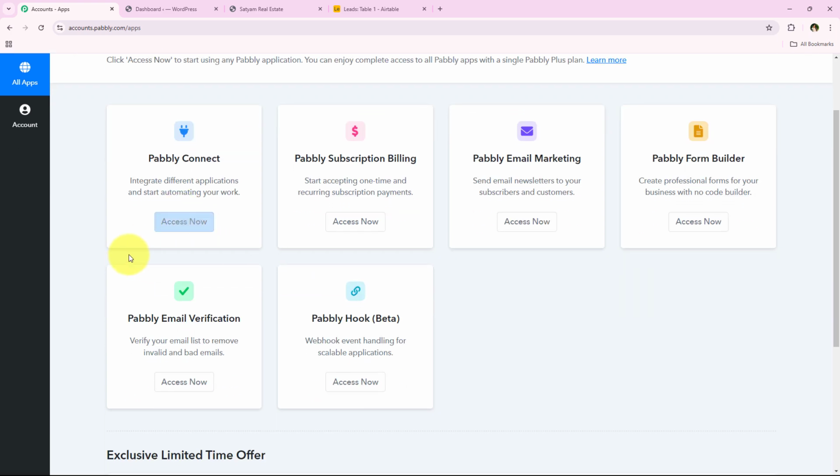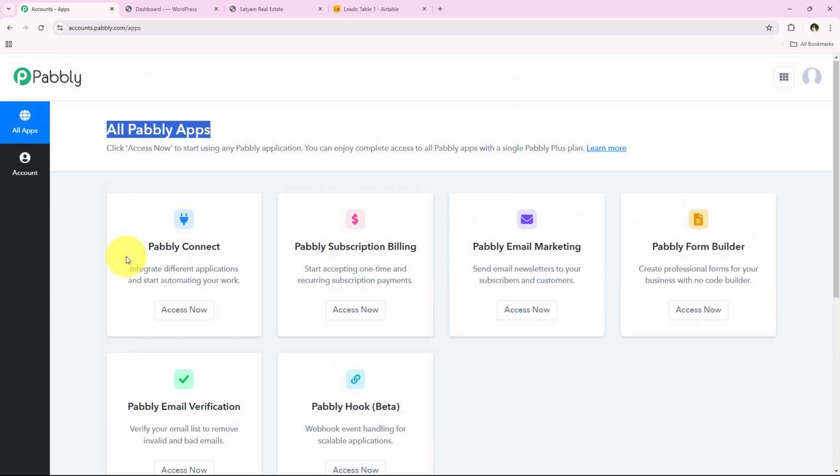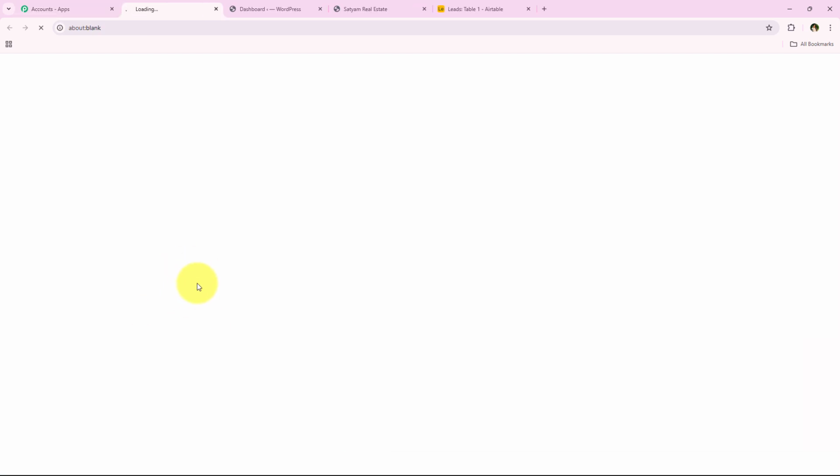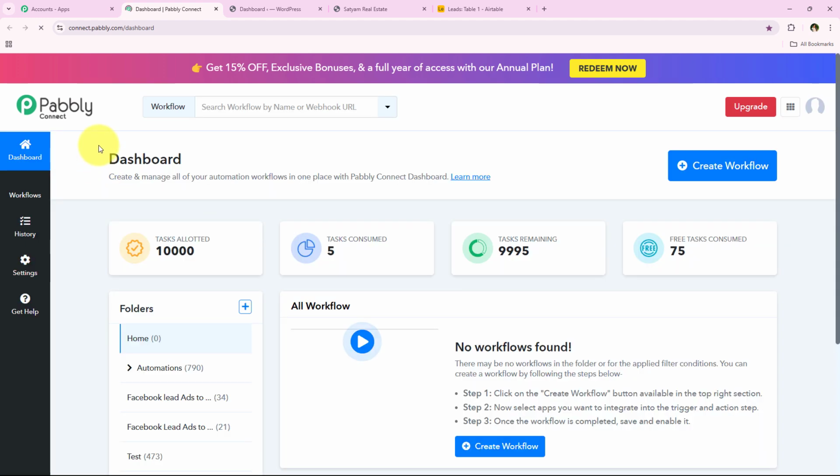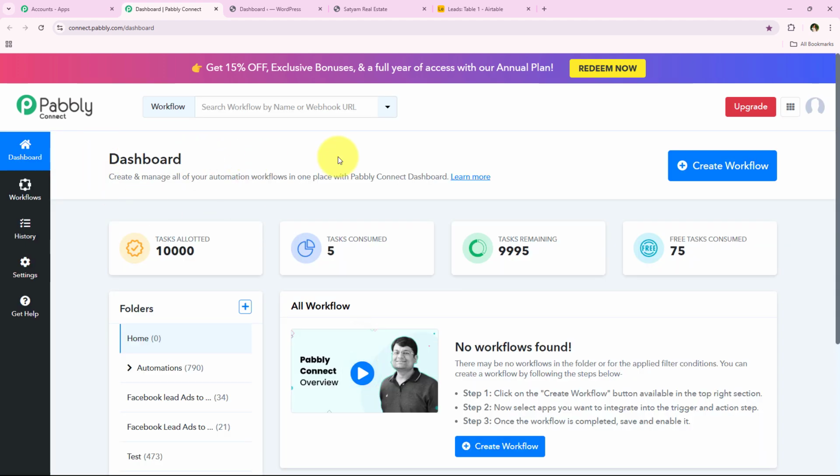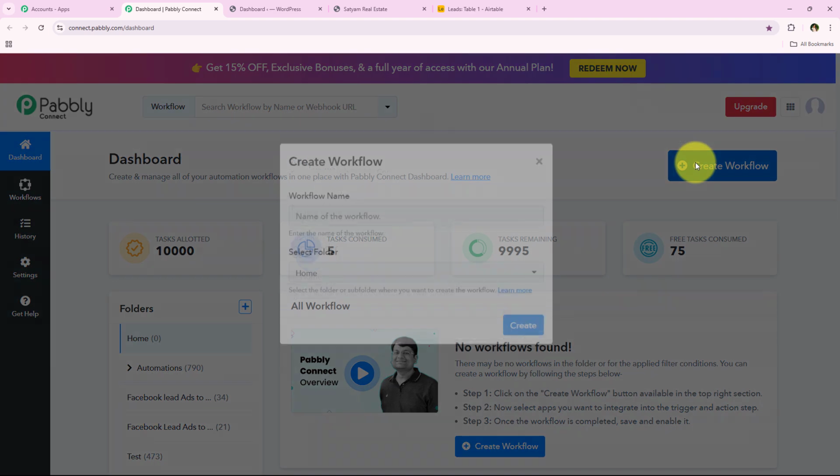Over here you can see all the tools and applications offered by Pabbly, but in today's video we are going to use Pabbly Connect because we are connecting different applications. So I'm just going to click on access now right over here to access my Pabbly Connect account, and as soon as we click on access now, it is opening my dashboard. And to start with this automation, we are going to click on this button which says create workflow,